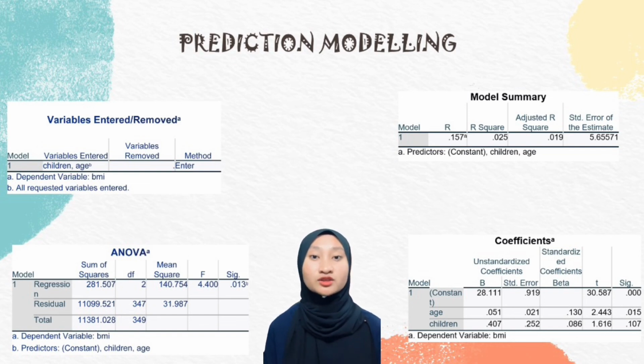0.407 multiplied by children. The equation is BMI equals 28.11 plus 0.015 age plus 0.400 children. From the multiple regression equation, it shows B0 is 28.11, therefore for every unit increase in age, BMI is expected to decrease by 0.015, provided the other variables, children, remain unchanged. Similarly, for every unit decrease in children, BMI will go down